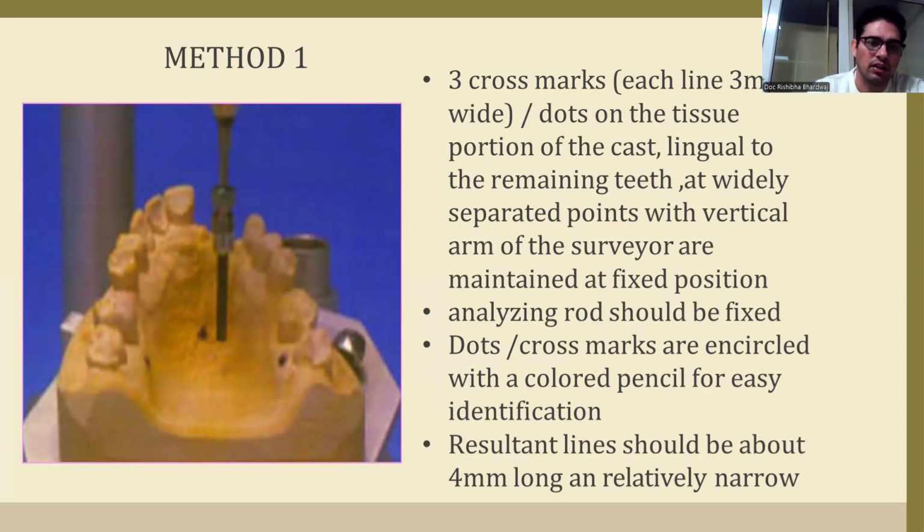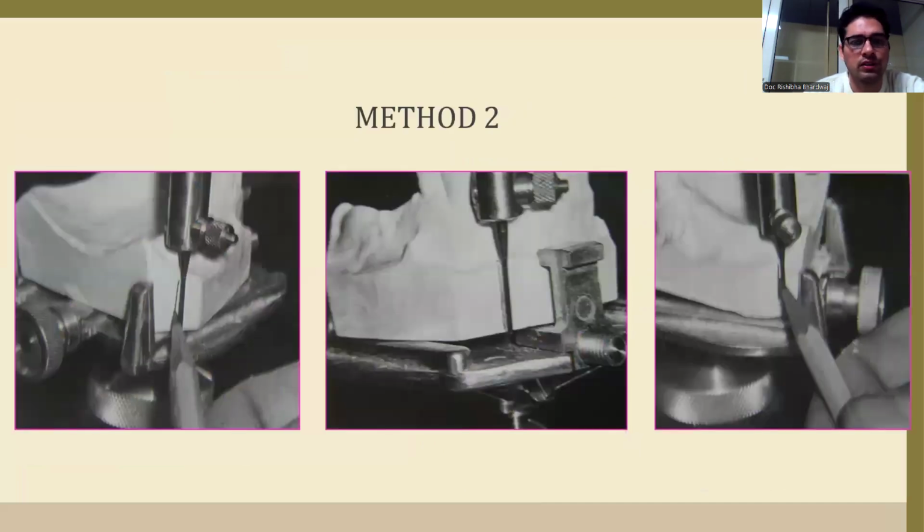And we can see these 3 dots. These are planned according to the tilt, according to the undercuts on the cast. They can be on the soft tissue areas or on the hard tissue areas. But the 3 marks should be there. They are 3 to 4 mm long and relatively narrow. Method 2 is